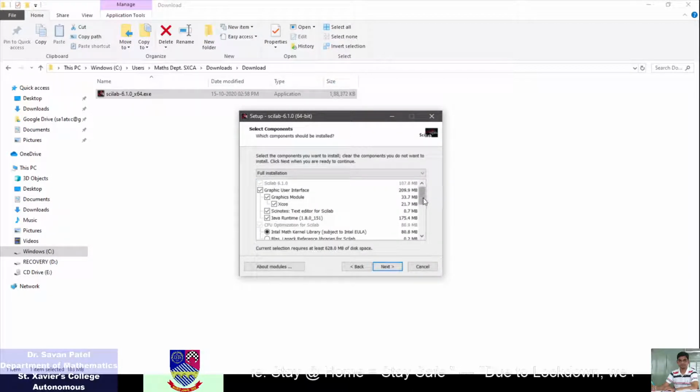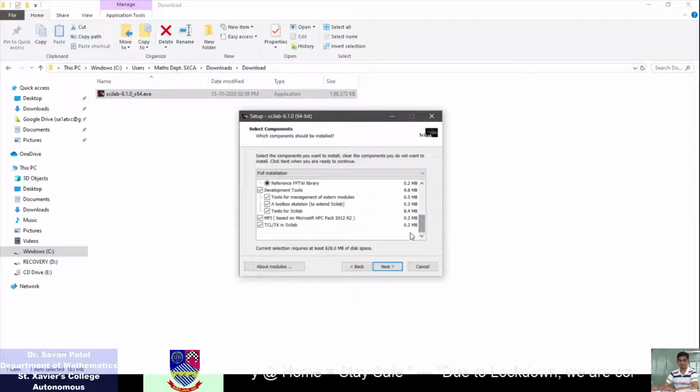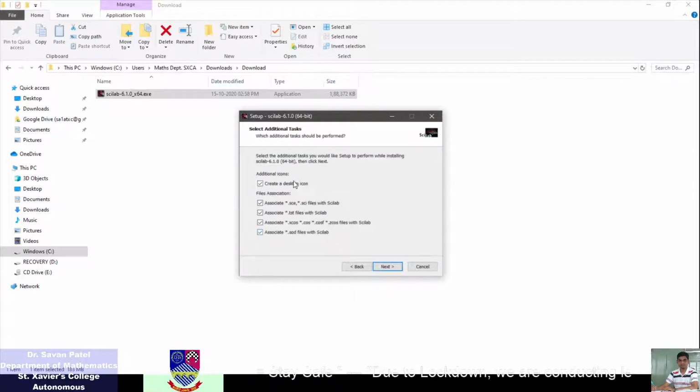Here you have multiple options for which packages you want to install in your Scilab. I am keeping the default one. Here it asks whether you want to make a shortcut in the start menu. I am keeping yes. It asks whether you want to create a desktop icon. I am keeping yes. It asks whether you want to associate files with these extensions: .sci, .tst, .cos, .sod. I am keeping yes and going to the next.